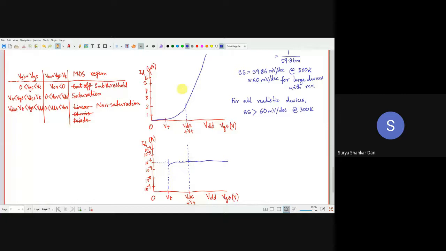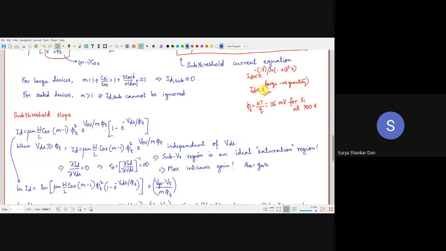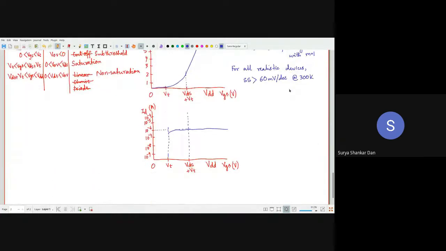However, below VT, from 0 to VT, when VGS is less than VT, greater than 0 obviously, what is the situation? Notice that here it was flat, that means current was 0, the so-called cutoff, as I was explaining from the very beginning of this course. Now we find that it is actually proportional to e to the power of minus a large negative quantity. Okay, then if this is exponential, e to the power of minus something, that means on the log scale it is going to be a straight line. So this is a straight line which we are going to observe.